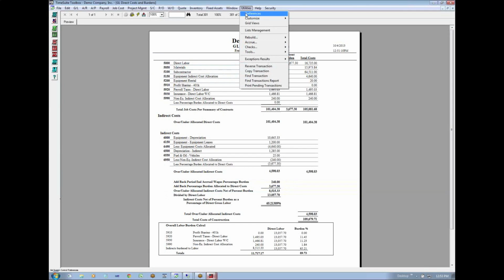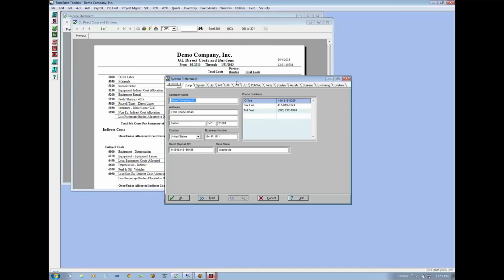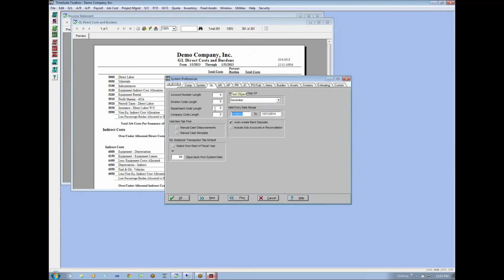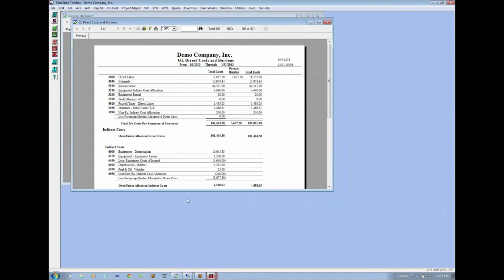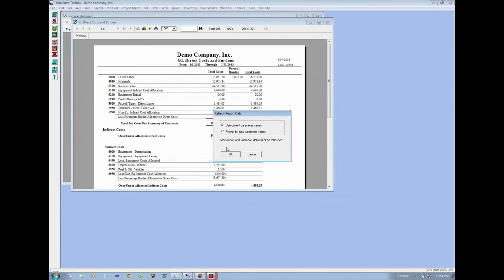You should always close your books when your auditors pull your trial balance. Okay, and then it depends on the philosophy of your company as far as, if you want your monthly financial statements, lock them down, close your books monthly. That's a good concept. So if we come over here and we refresh this report,